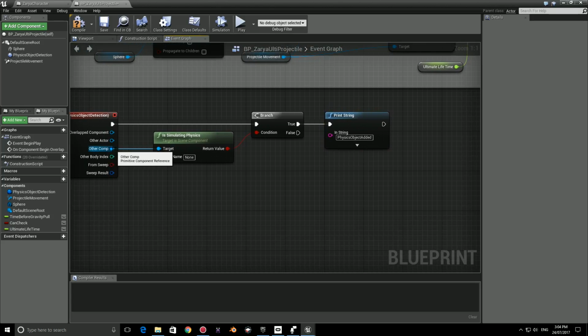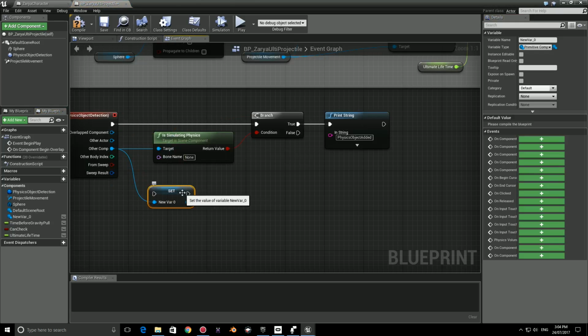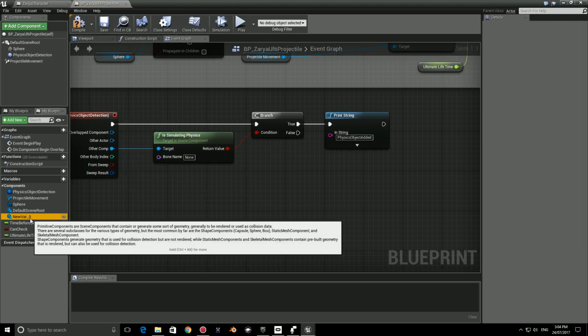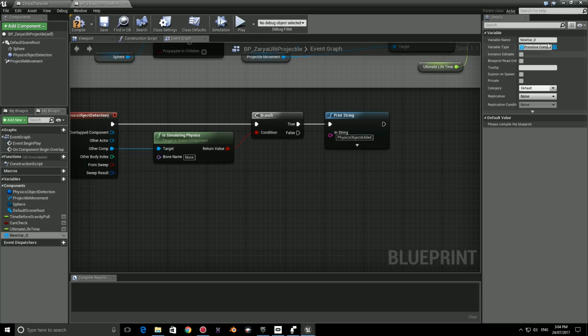Then we're going to go to other components and we're going to create an array. We need the data type to be the same as other component, so we're going to right click and promote to variable, which is going to save us a lot of time. We can then delete this. We can go to this new variable, make it an array by clicking here and going to the array, and then we can call this,